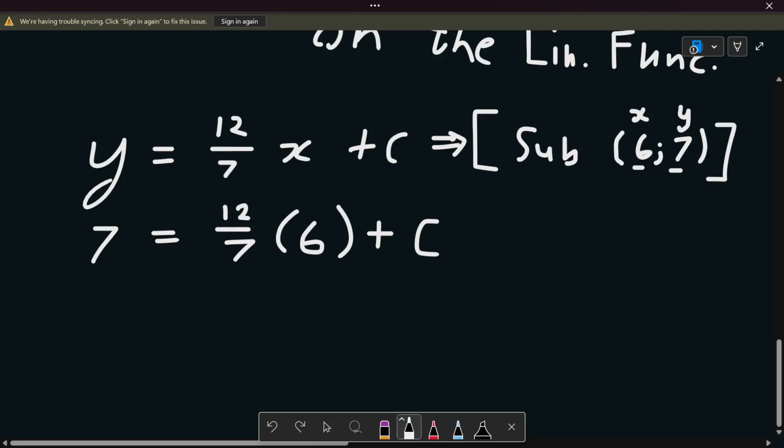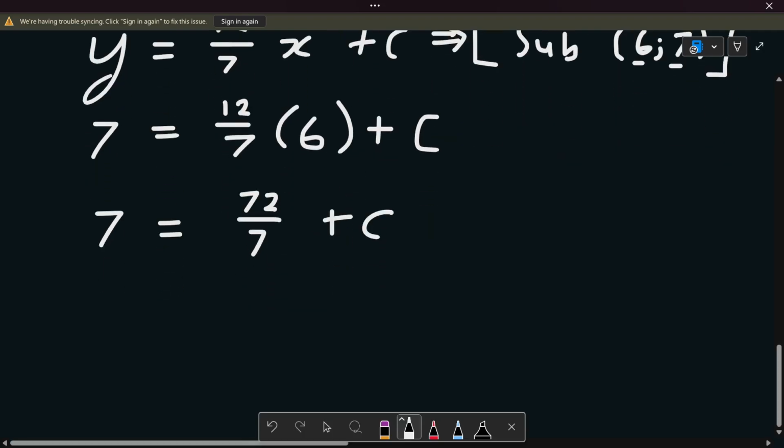So what we are going to do, we're going to simplify that one, and this is just going to look like 7 is equal to 12 multiplied by 6, which is just going to be equal to 72. So it's going to be 72 over 7 plus c,